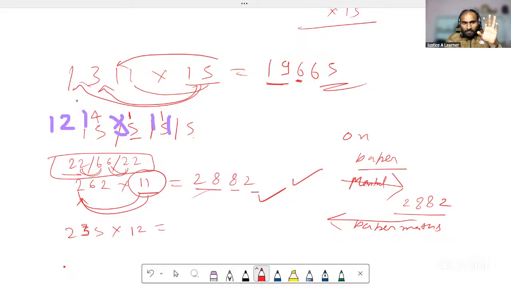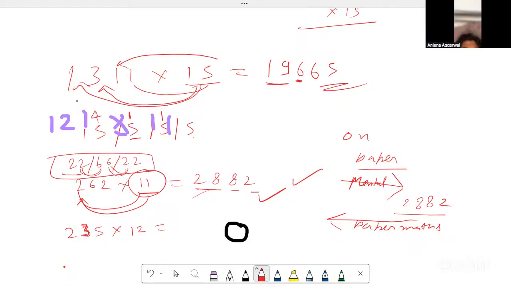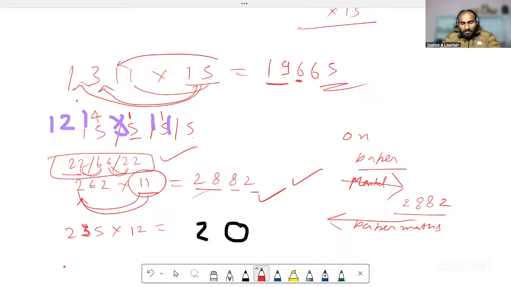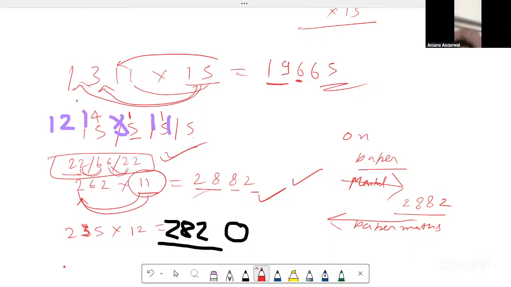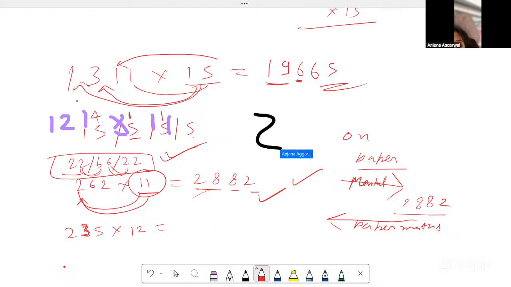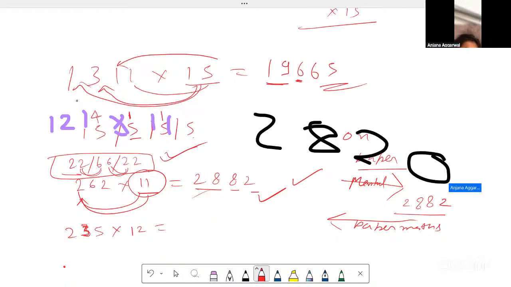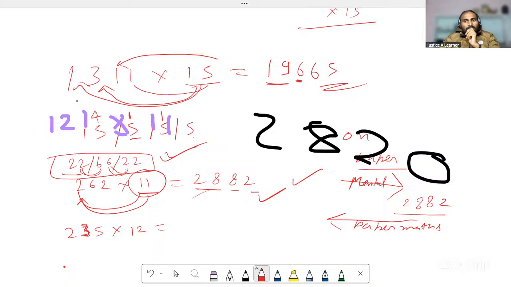This one. 235 multiplied by. Use this method if you can. This one. Now check the answer with this method. Okay. I forgot that method. I would revise it. 11 twos are 22. Then I have added this slash.